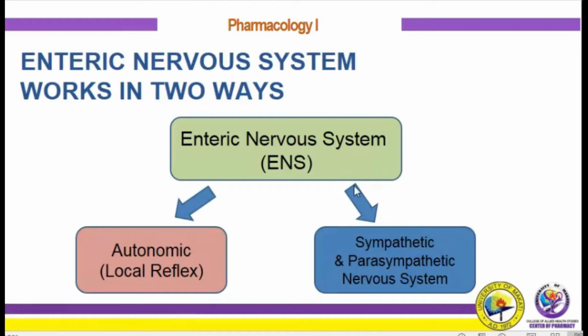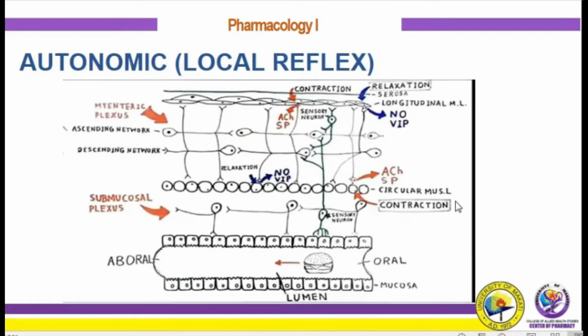So first, it functions autonomously using the local reflex or the autonomic local reflex. And second, it also functions in communication with the sympathetic and parasympathetic nervous system. So, paano nga ba gumagana ang autonomic or local reflex ng ENS? So the picture here shows a section of the small intestine somewhere between the duodenum and ileum. So makikita natin yung four layers ng tissue ng small intestine,